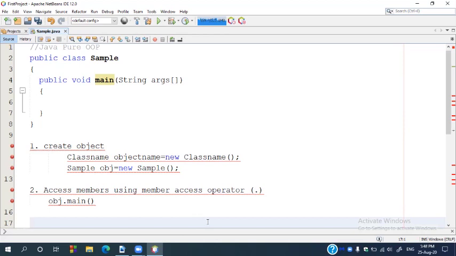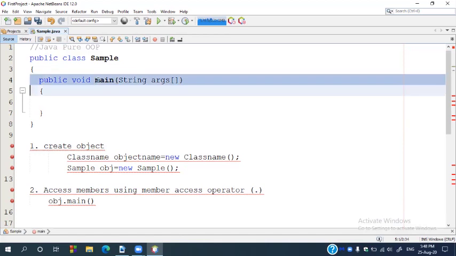The execution will start from the main function, or main method. Before the main method, no code will be executed, not even a single line of code. The execution will start from the main function.